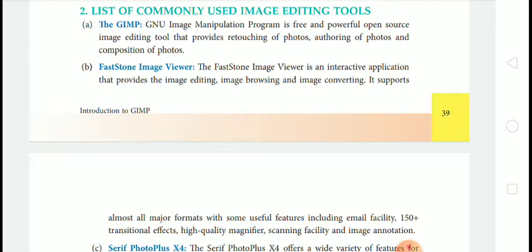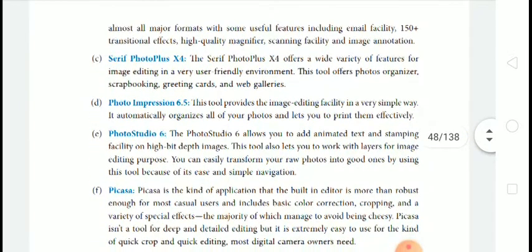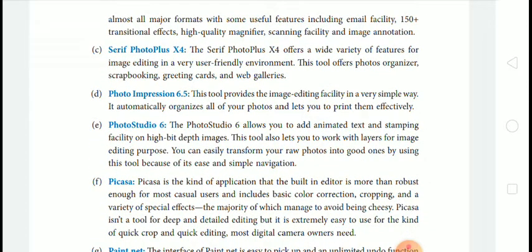It supports almost all major formats with some useful features including email facility, 150 plus traditional effects, high quality magnifier, scanning facility, and image annotation. Means it supports all the functionality and features including email facility, 150 plus traditional effects, high quality magnifier, and image annotation.